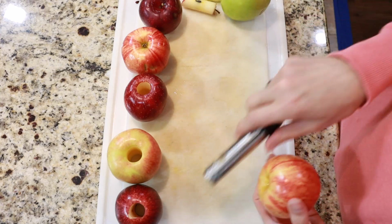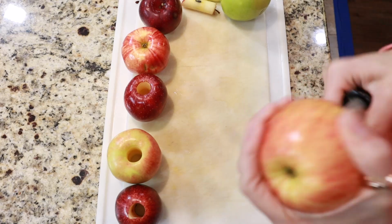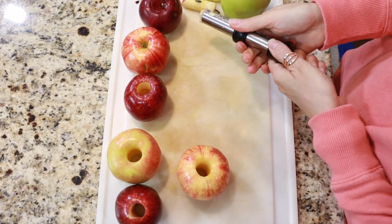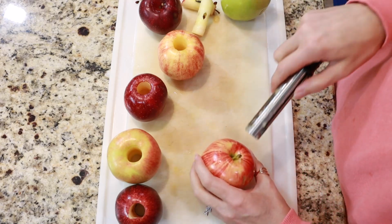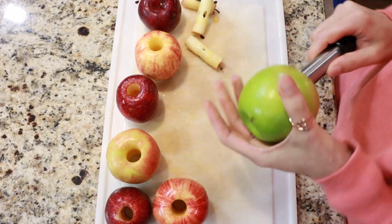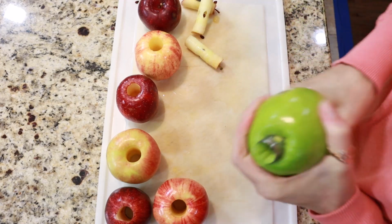And here's the thing. If this doesn't make 6 cups, if it makes 5 cups, or it makes 7 cups, I'm just going to use all these apples up. So it could be a little bit less. It could be a little bit more. I do have another apple that has a pretty big bruise in it. So I got to cut that off as well. I'm going to keep doing this, and then I will come back when these are done, and then you can